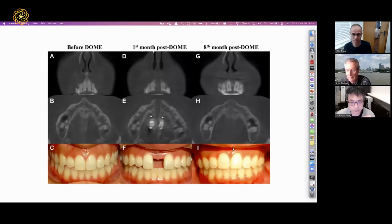Because the mandible grows for many, many decades, whereas the maxilla only has 1 decade for you to work on if you're doing orthotropics. So Stanley New thought, I don't want to start